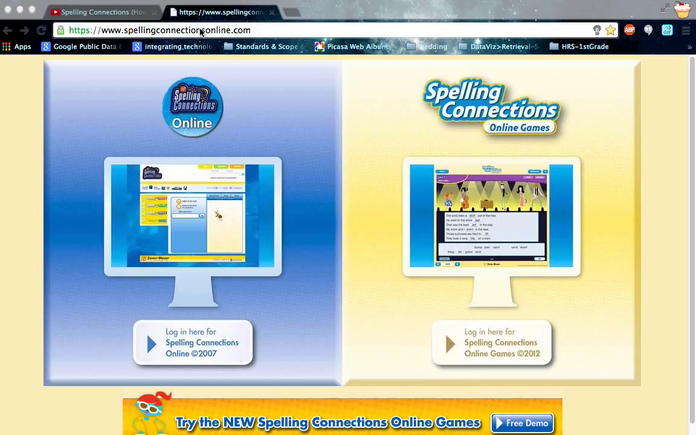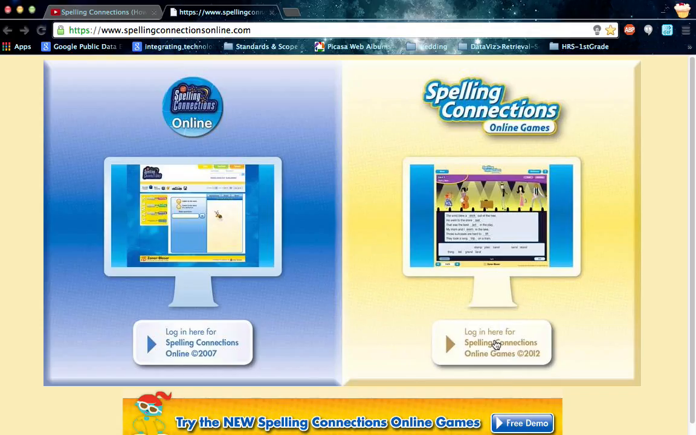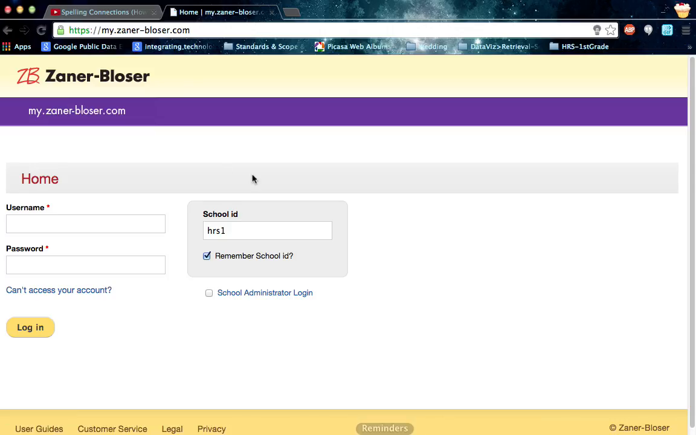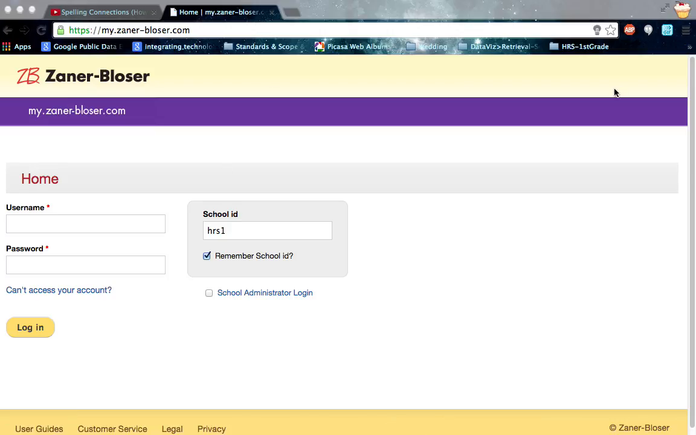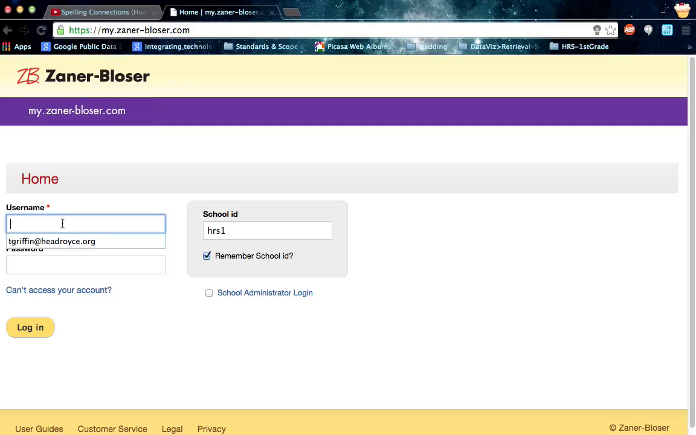So you are going to go to spellingconnectionsonline.com and choose the online games option here on the right. And then this is going to take you to the screen where both you and the kids will be logging in. So for the username, the teacher username is going to be